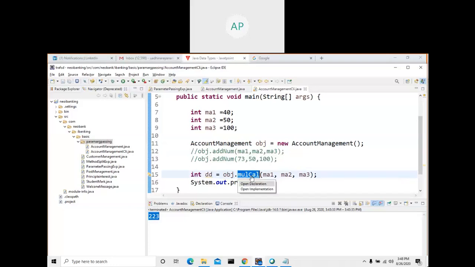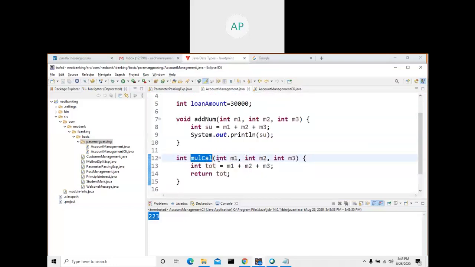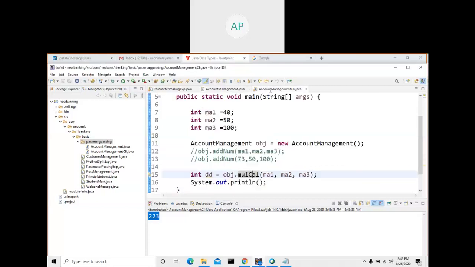Then this line, when you call this method, it goes there and here it comes here. All the three values will be copied to here, and it is adding. It is adding here. Then it is returning. Two things you understand: return type, you change the return type, and you are returning using the return keyword. Return keyword will return. When you call this one, this method will return a value. Go here.